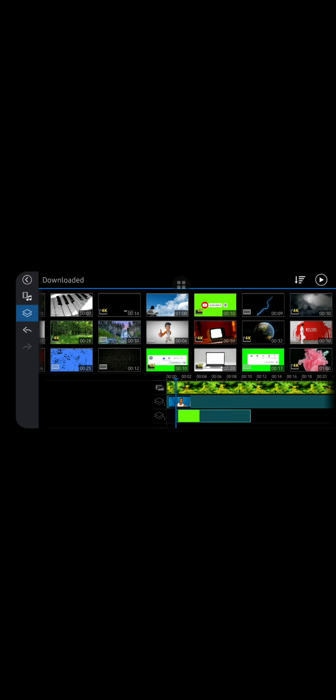So if you want to drag it to the ending or you want to push it, you hold, touch the thing you want to push, the video you want to push, then you hold it until it shows a yellow surrounding line. Then you can drag it to where you want to keep it. So like now, I will leave it here so that it will match. If you leave it like this now, it will not work.